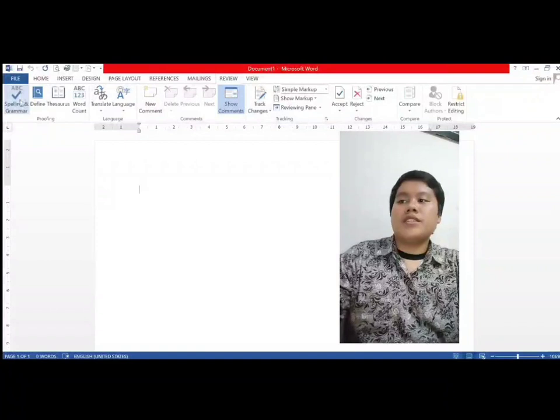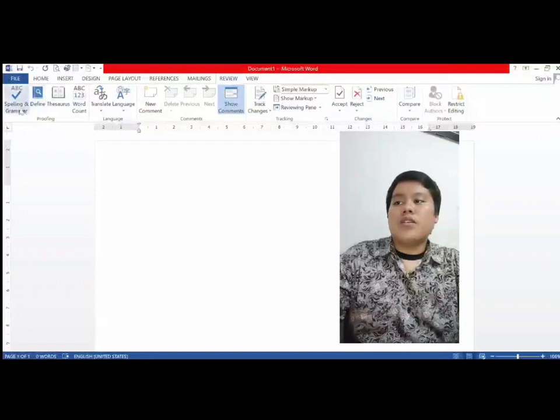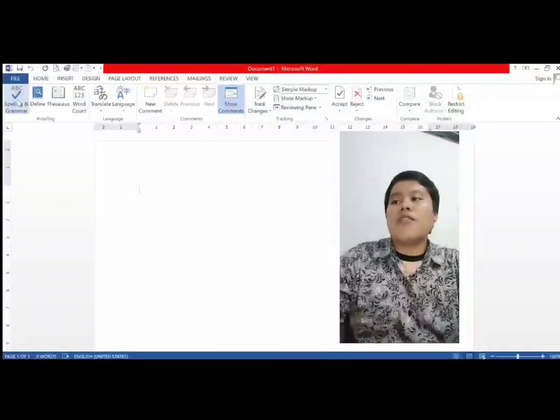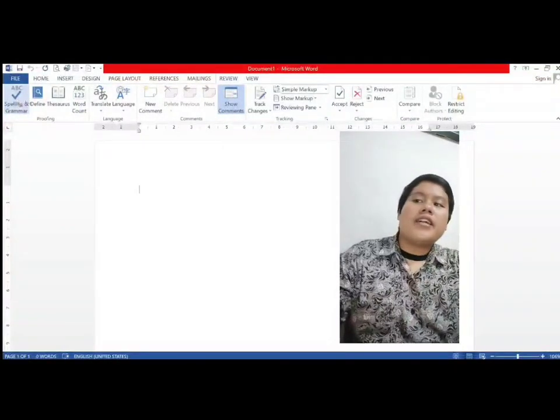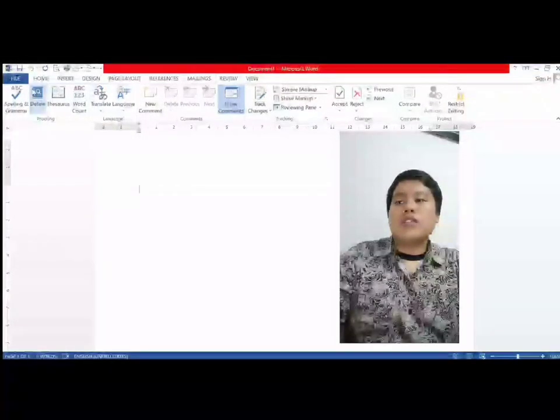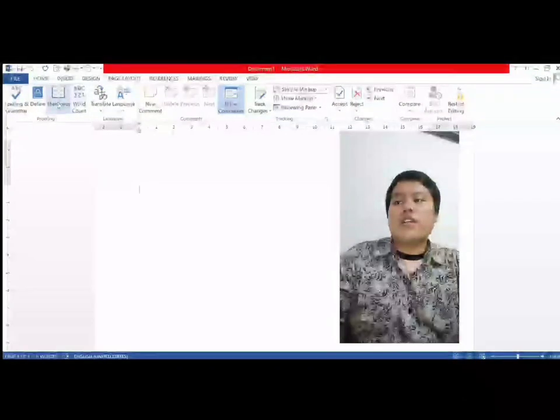The references icon, table of contents. Its function is to provide an overview of your document by adding a table of contents. Next icon, add text. Its function is to include the current heading in the table of contents. Next icon, update table. Its function is to refresh the table of contents so all entries refer to the correct page number.